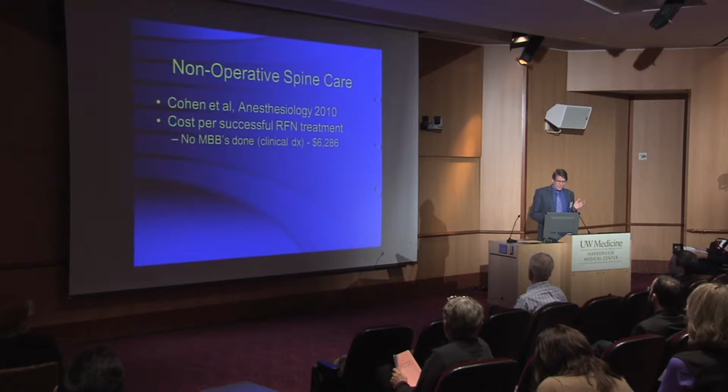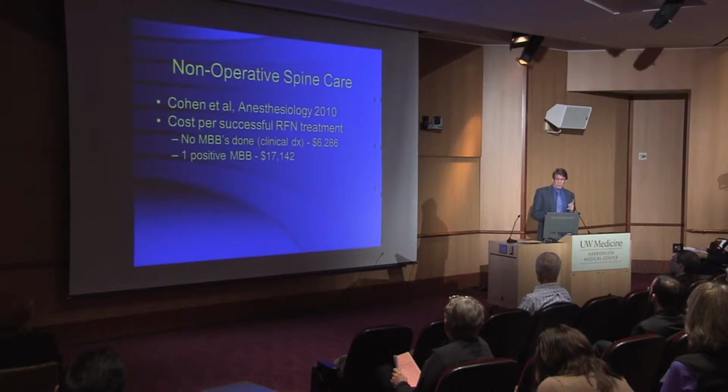So the first group, they said, you have back pain, it might be your joint, we're going to do a neurotomy. This is not the standard of care for those of you who don't do this. Usually we talk about doing diagnostic medial branch blocks to sort out who has facet pain and who doesn't. But they just said, well, if we think you have it, we're going to do a neurotomy. And what they found is that in that group, it was about $6,000 per successful patient. If they did 1 medial branch block and wanted 1 positive before they did the neurotomy, it was $17,000. If they did 2, it was a little cheaper, $15,000 per success.